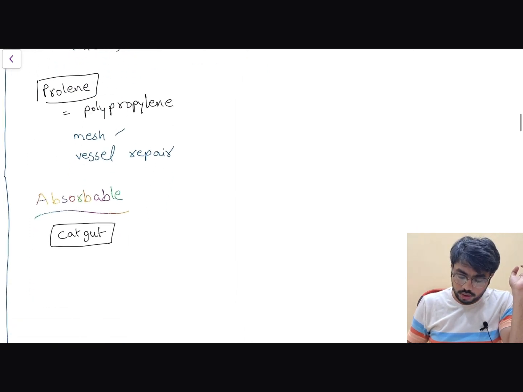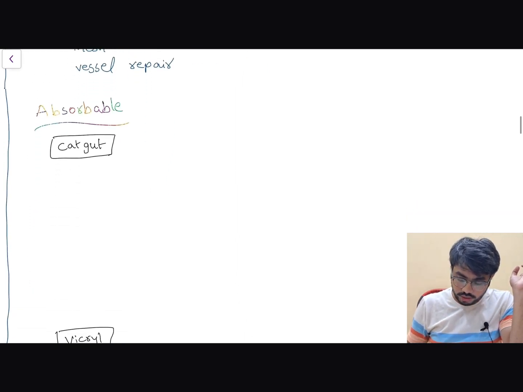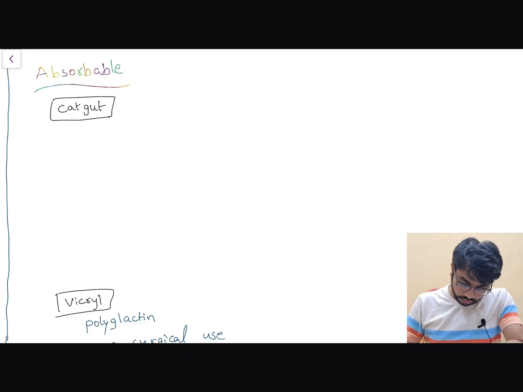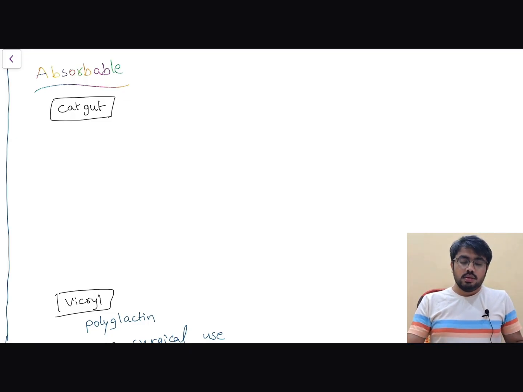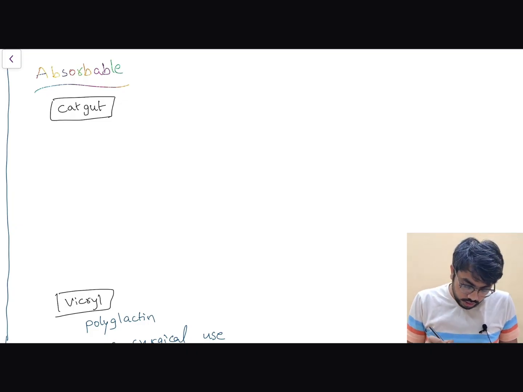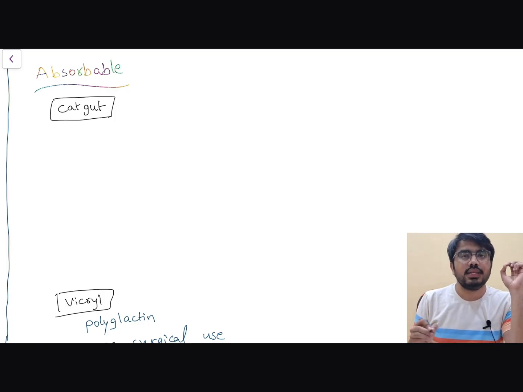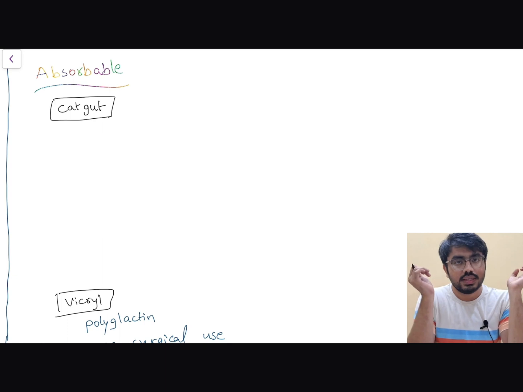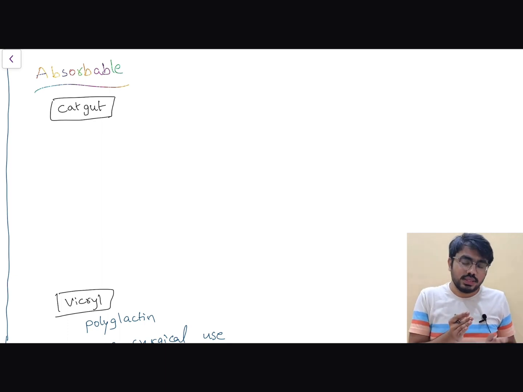Okay, now we have seen non-absorbable. Now we are going to the absorbable sutures. Under absorbable sutures, the first suture I want to mention is catgut. Please remember these catgut sutures are always used for a superficial entity. They are not used for something like a deeper entity. We are always using them for superficial entities, like